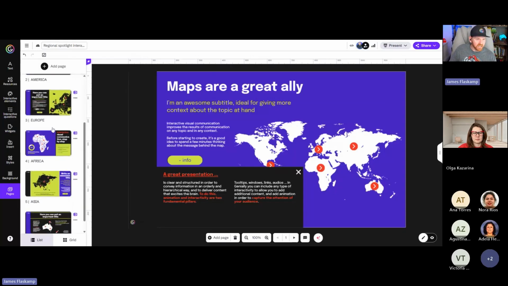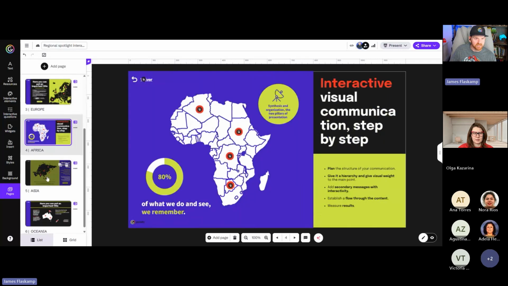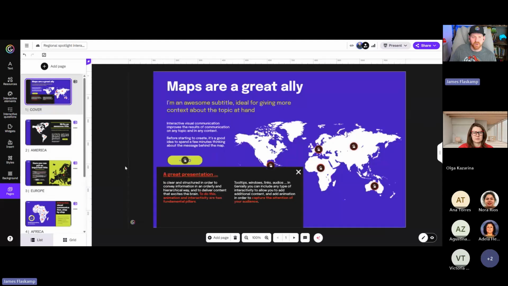But you can see there are lots of places here where you can insert information, lots of different ways of presenting it. Very cool, right? And this is all within the template. So it'll make your life easier, saves you a lot of time. You have something that looks like a professionally created, incredible, interactive activity, but really is just a template that you started within Genially and just put your information into. So that is how you can genialize a world map.